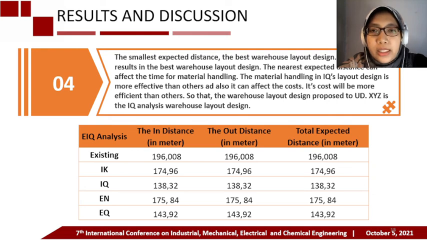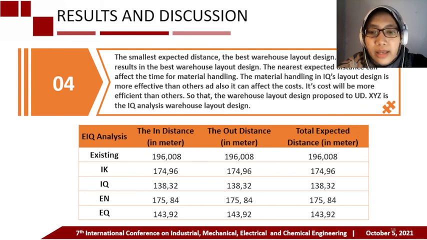So the nearest expected distance can affect the time for material handling. The material handling in IQ layout design is more effective than others, and it can also affect the cost. Its cost will be more efficient than others, so the warehouse layout design proposed to UD-XYZ is the IQ